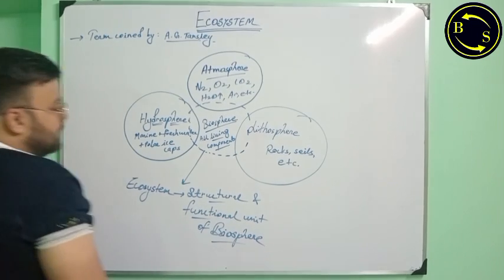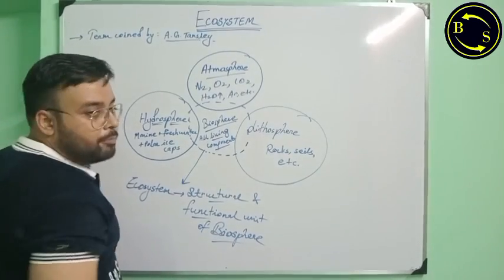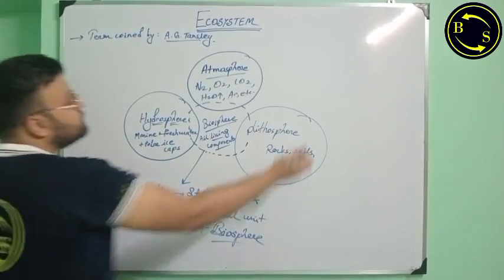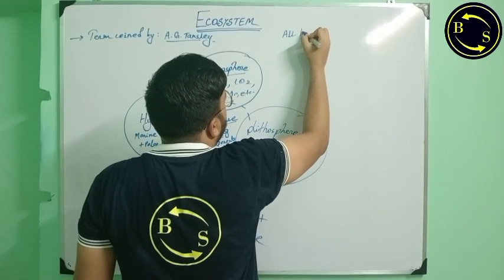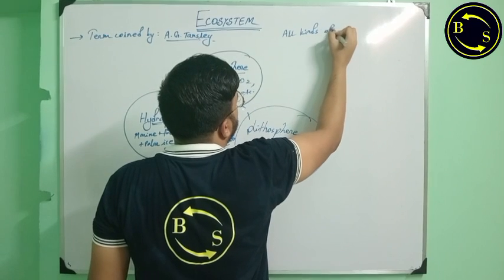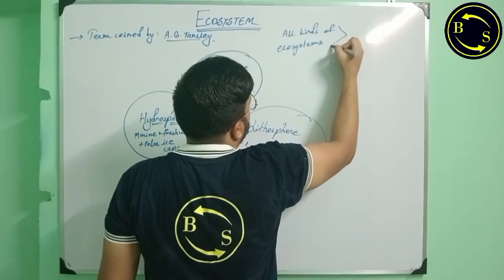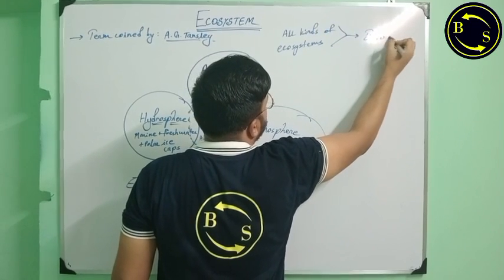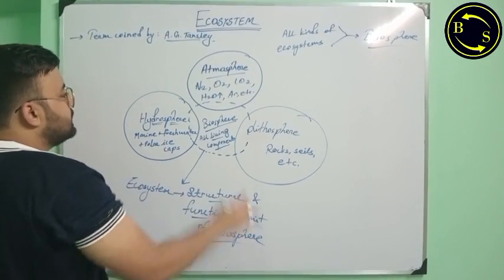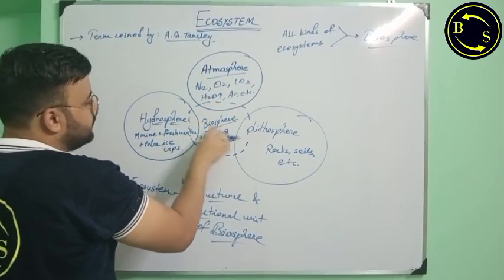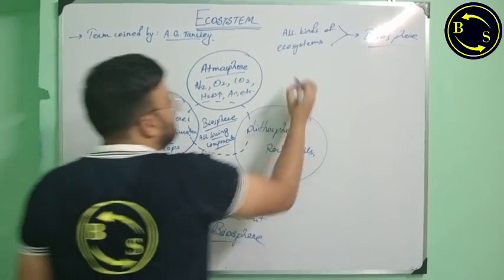Now, you can see that since ecosystem is the structural and functional unit of biosphere, we can say that all kinds of ecosystems make up our biosphere, and since biosphere encompasses atmosphere, hydrosphere and lithosphere, that is air, water and soil,